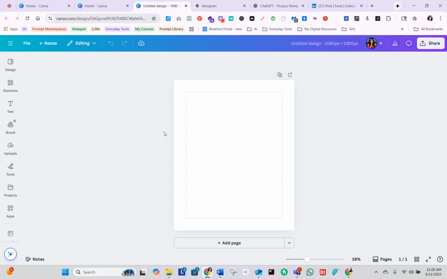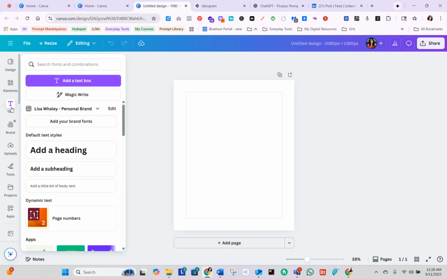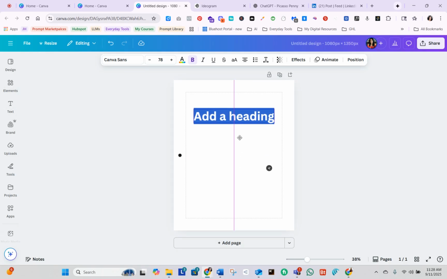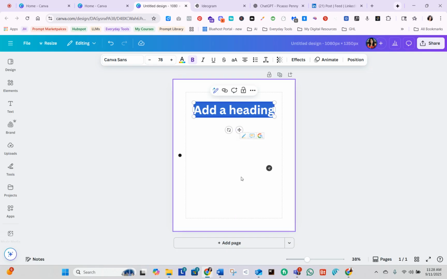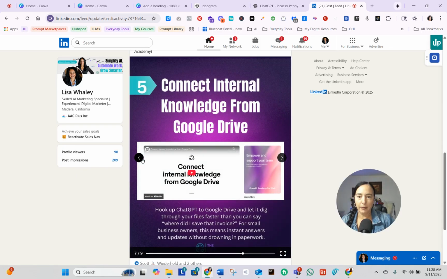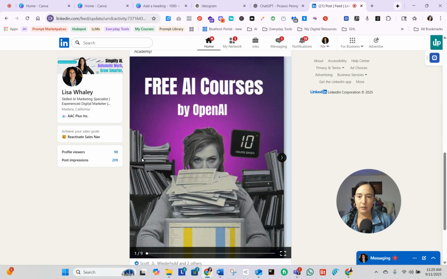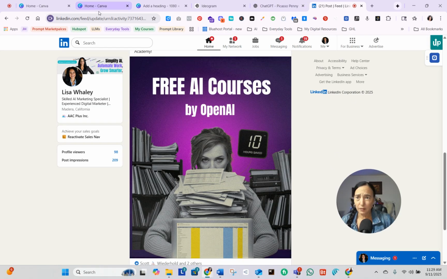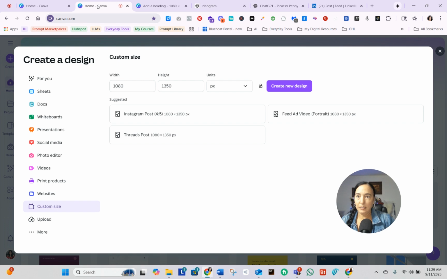So first, we're going to go ahead and add a heading here to start. And I want you to note these three fonts that you're going to use for headings. This is what I used in that post that I just showed you over here. Actually, let me go back just so you can see again how nice it looks. This is what I used over here. Okay. You're going to use either